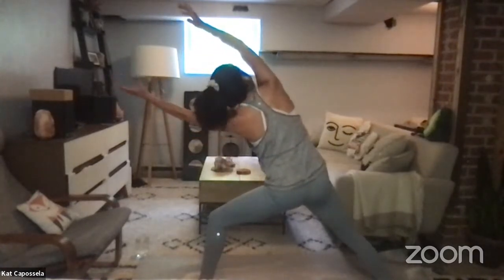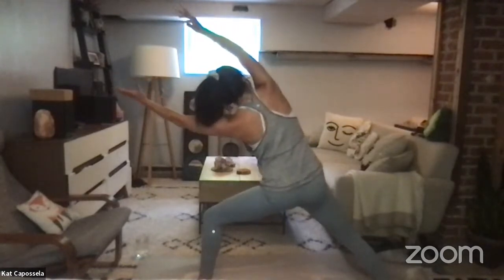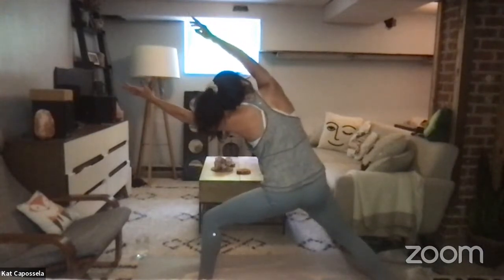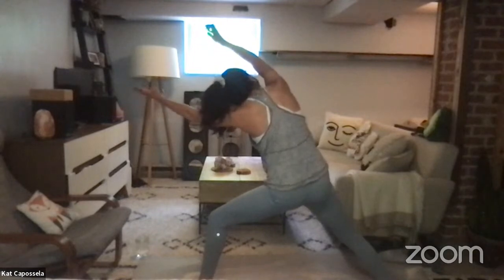The goal is just to feel a right side stretch. Maybe get a little bit of a core strengthener as well. Can you reach even more forward? We're here for 4, 3, reverse warrior in 2,